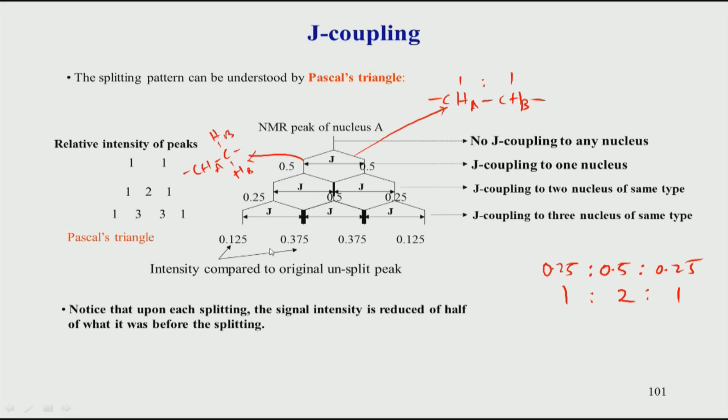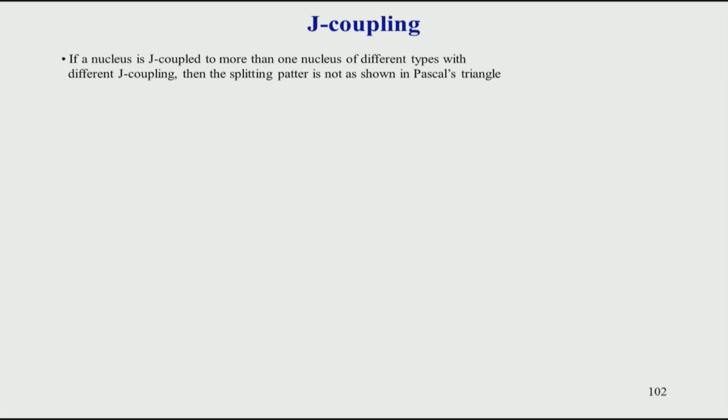The main point here is that we are looking at the relative intensity ratio, which is shown here. If I have 3 peaks with a 0.25, 0.5 and 0.25 ratio, it becomes 1:2:1. This is a triplet because there are 3 peaks. So, you will have a quartet, a pentet, a sextet and so on, and that is how the splitting pattern goes. We can continue with J coupling today and see what more important points there are about J coupling, and how they can give us information about structure and so on.